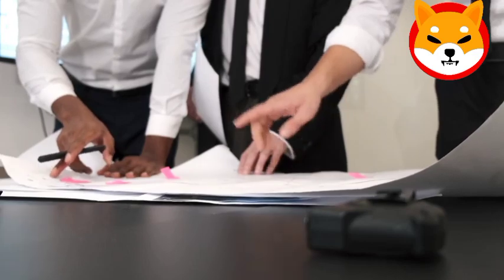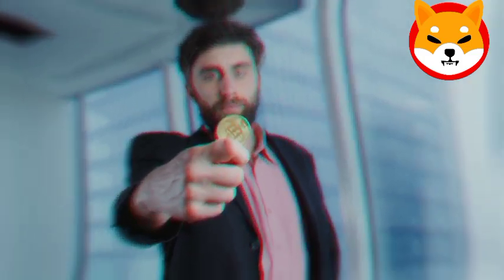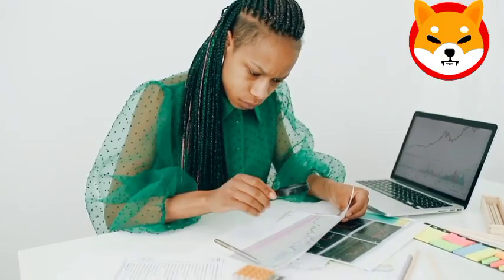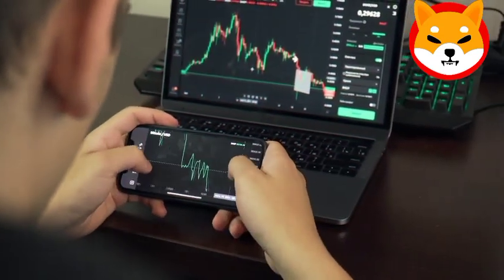Let us find out. It is normal for blockchain to change and make progress all the time, because it is always changing. Puppynet, which is the testnet for Shibarmy, is getting a big update right now. What is Puppynet? Though just a quick reminder, a testnet, also written as test network, is a separate blockchain